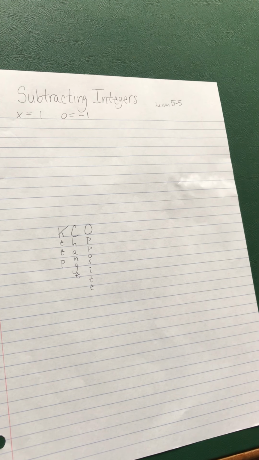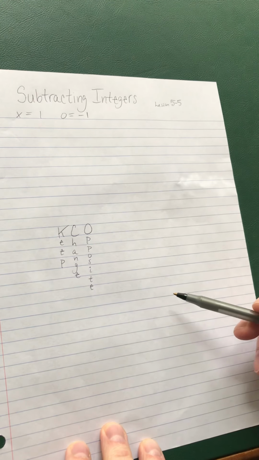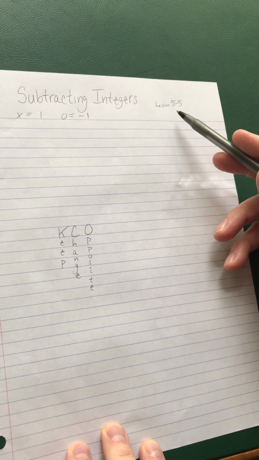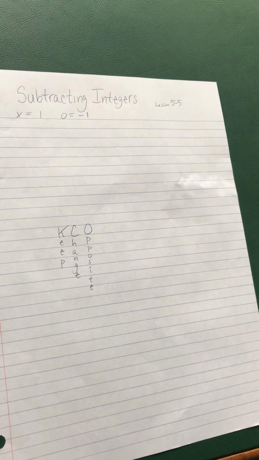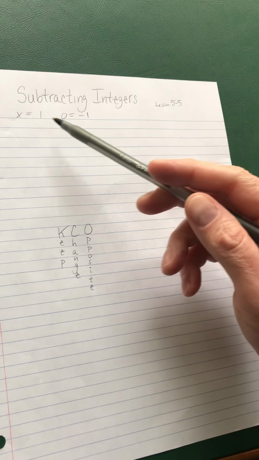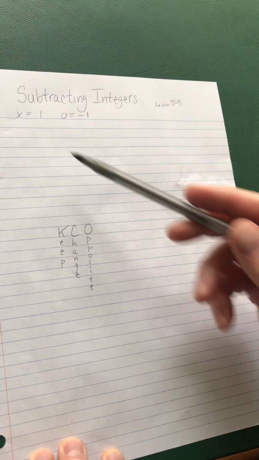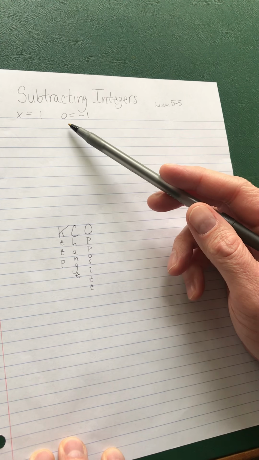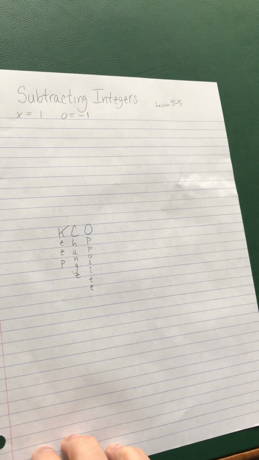Today we're going to talk about subtracting integers, and this video coincides with lesson 5.5 in your textbook. Something we've already done, so this should be review. Again, one way to subtract integers is by using those counters. We'll let x represent 1, we'll let o represent -1. So let's get started. First problem, let's say we've got